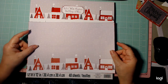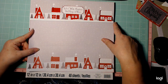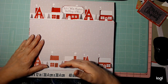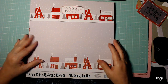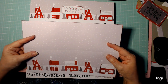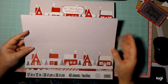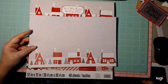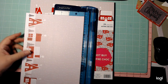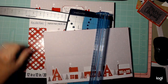So as you can see, I just took the card. This actually is a 12 by 8. I took 4 inches off the top because I wanted to use it for the inside. And so I'm just going to make this into a regular fold rather than a trifold card. So again, I cut 4 inches off of the top. And now I'm going to cut this to 9 inches